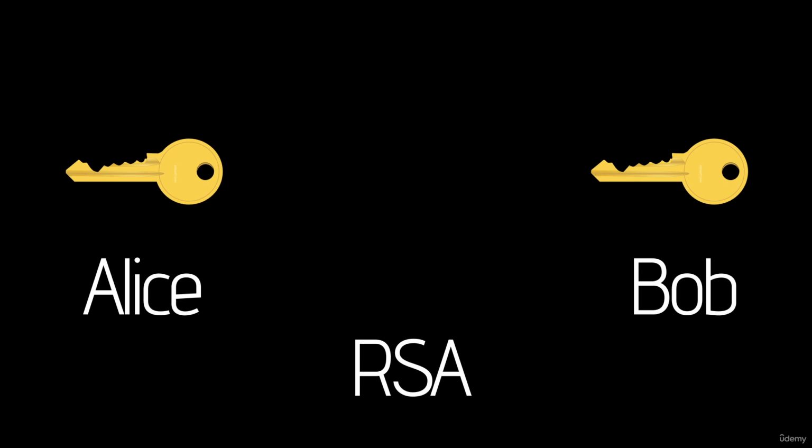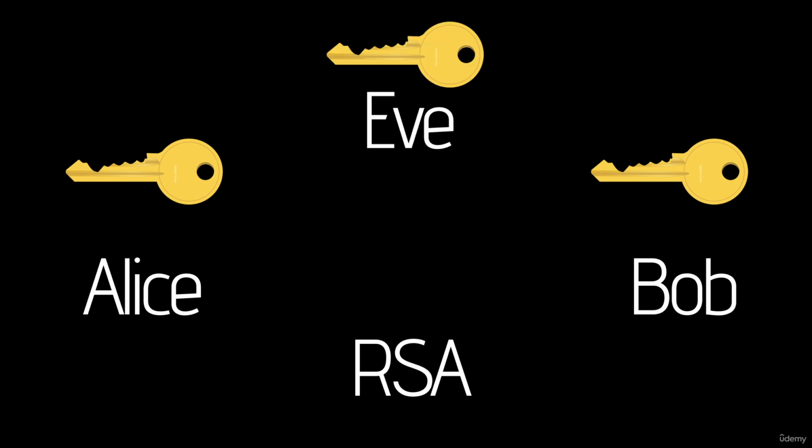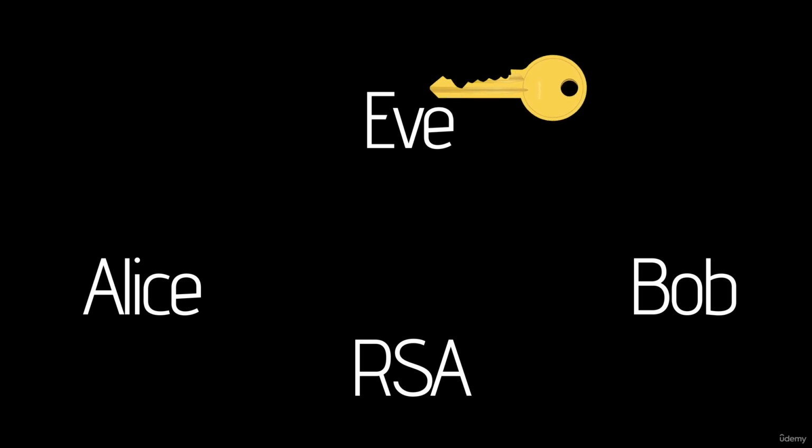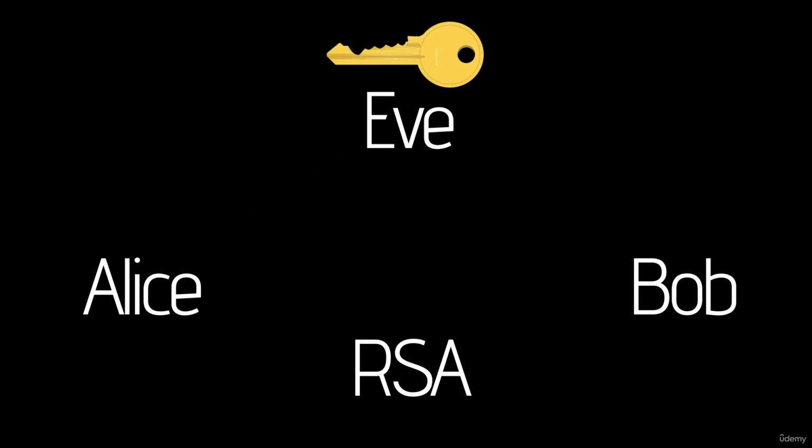Now, keep in mind, if Eve grabs one of these public keys, it doesn't really make any difference because the only thing Eve could do would be encrypt something and then send it to somebody else for them to decrypt. But there is a problem, and that is, what if Eve pretends to be Alice or Bob? Well, the RSA people thought of this problem, so they included protocols as part of this encryption that handled, you